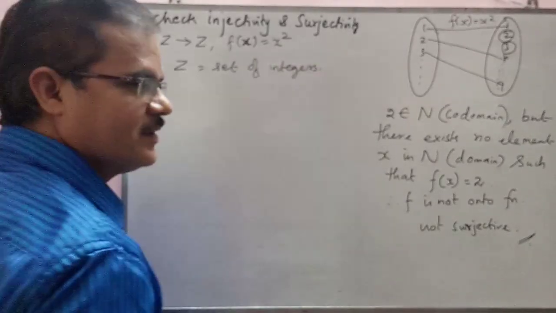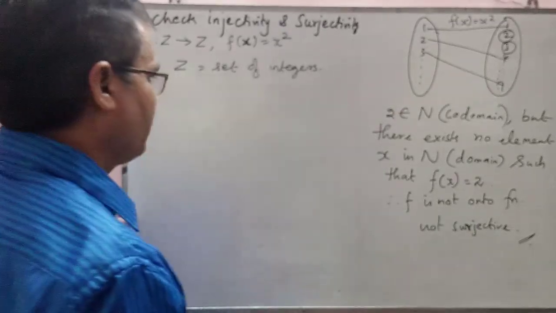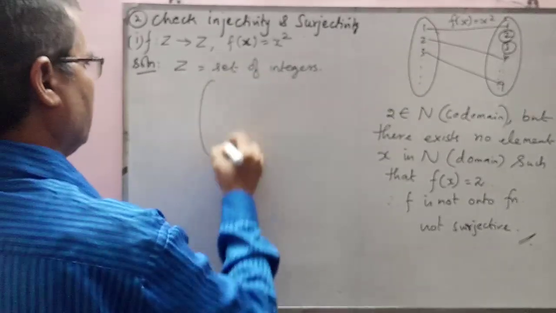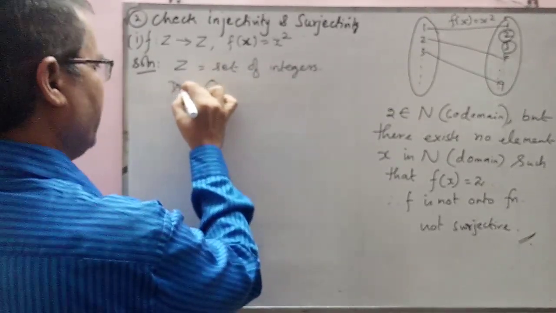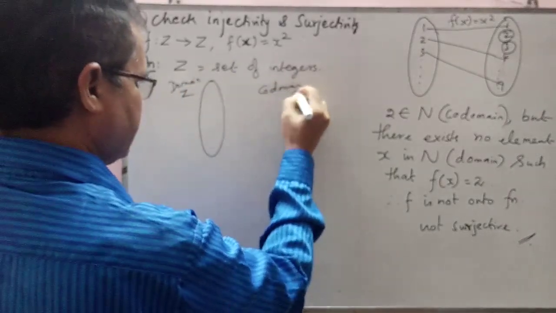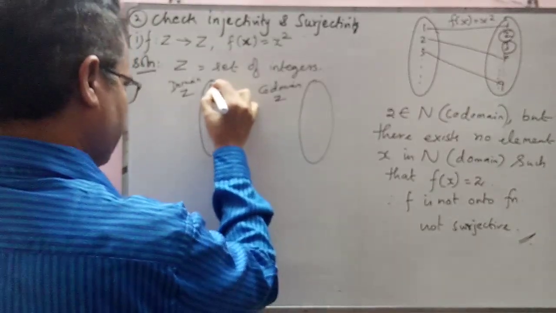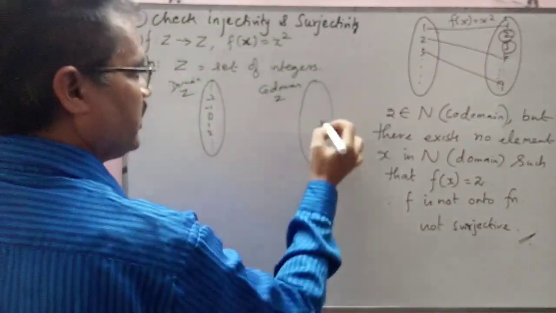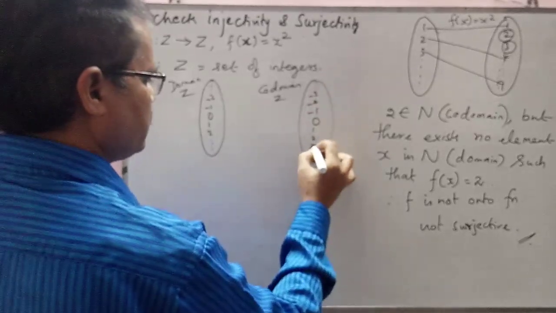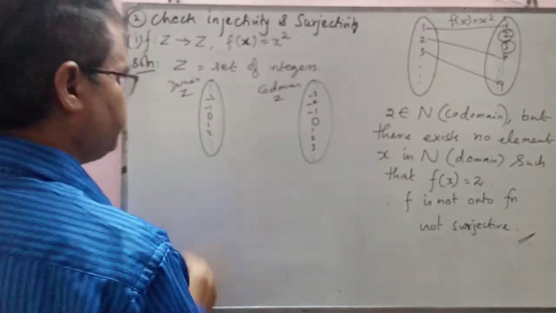What are integers? Yes, including 0, 1, 2, positive numbers and the negative numbers. Imagine the number line. Okay, let us start. For your understanding, I am writing the domain is also Z, codomain is also Z. Okay, children. So 0, minus 1, minus 2, minus 3 goes on like that, and 1, 2, 3 goes on like that. The same in the codomain: minus 3 dot dot, 1, 2, 3 dot dot.